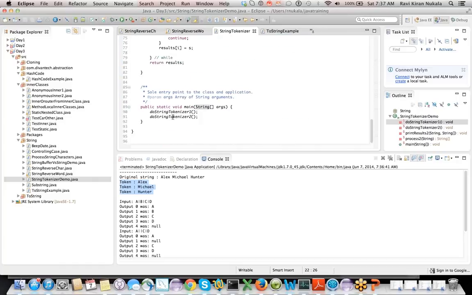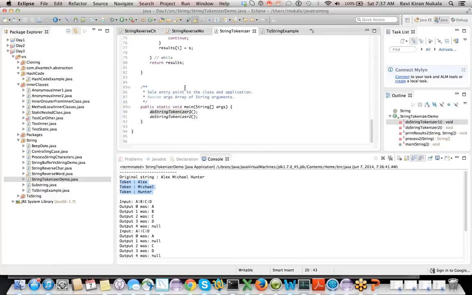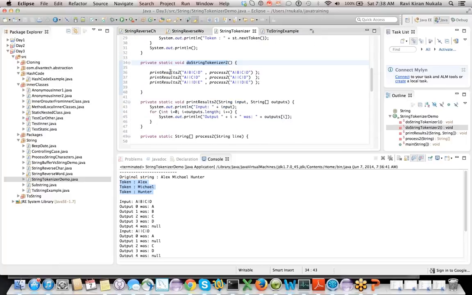Cool. Next, that method is just a simple method, right? It just printed out the tokens. Fine, then it goes here. Here what it is doing is looking at the input. Let's see what this method has to do. Before going to this method, printResult2, it took the string as input and got a string array. How did it get a string array? We have to see this method. Are you guys following so far? I'm trying to navigate through the code so you guys can be more interactive when I'm actually changing the code.